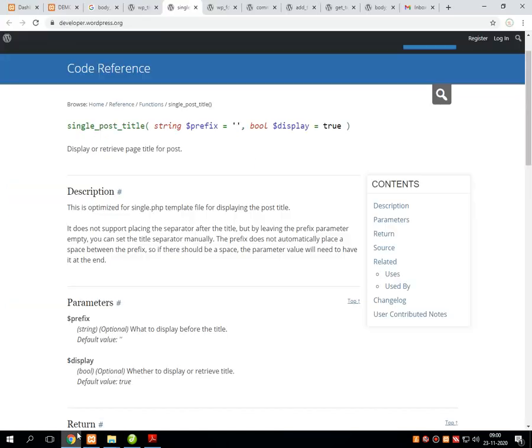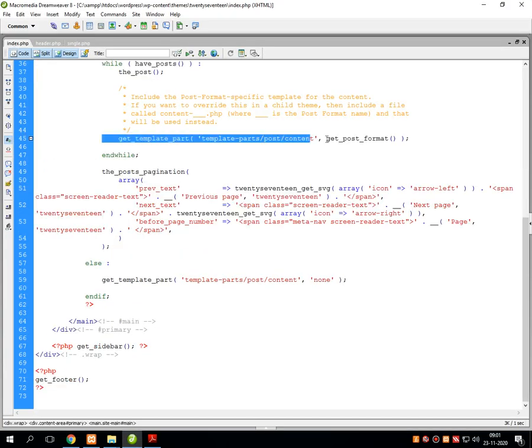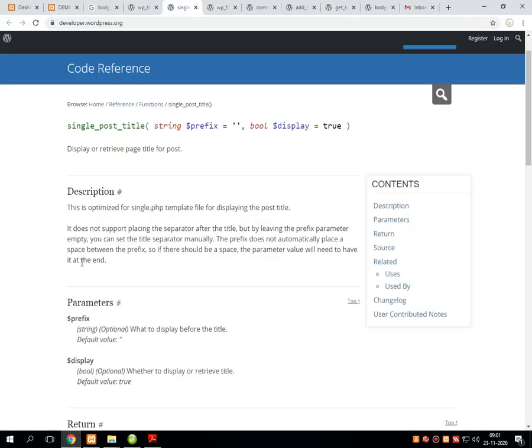Suppose I use this particular hook in the index.php file, then it will work for single.php and display a single post which is available in the post area of the entire web directory, and it displays the same onto the screen. Now this single_post_title only contains two parametric values, that is the prefix and the title to be displayed onto the screen. So these two parametric values should be passed into single_post_title.